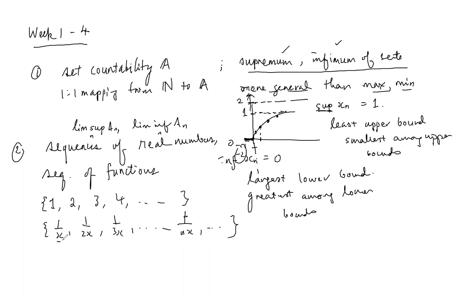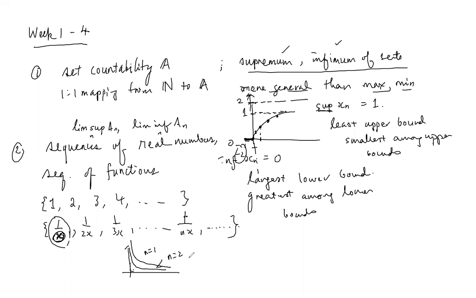Here you're dealing with a function, right? So you have some function like this. This is the case of n equals 1. Then you have another function going like this. This is the case of n equals 2. And you're asking, if this keeps on going, what will happen to the function? What function will you get? So this is the idea of the sequence of functions, okay?